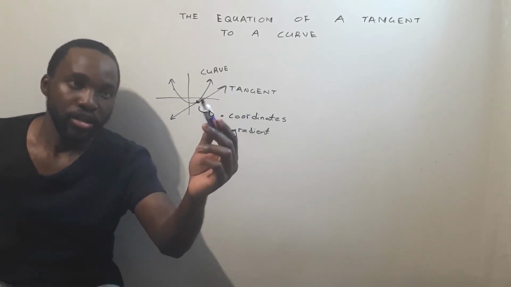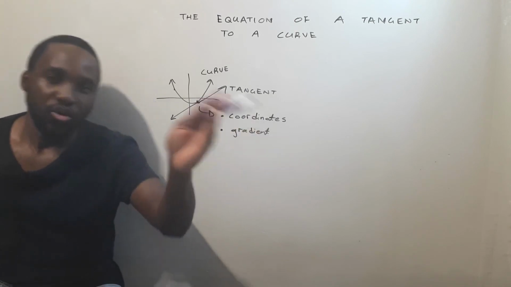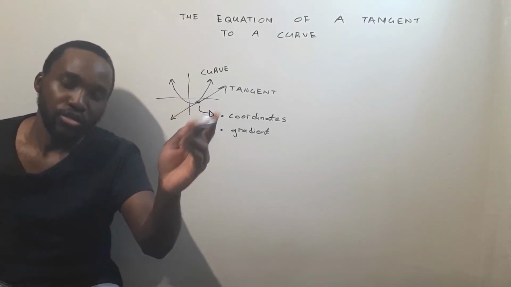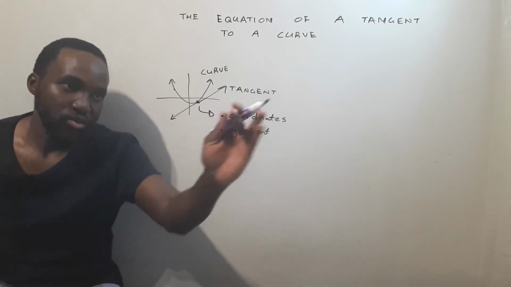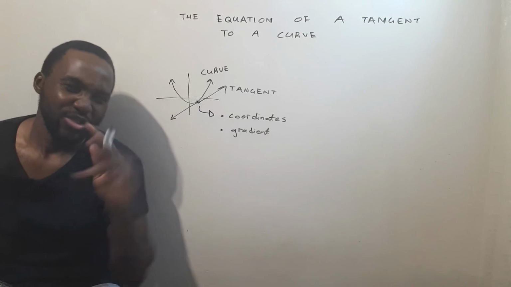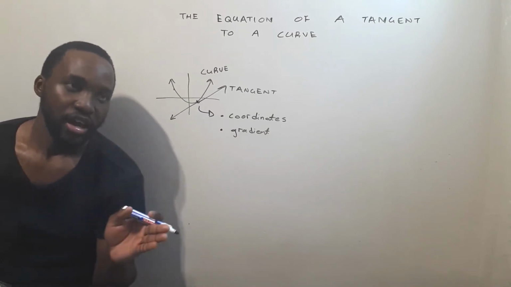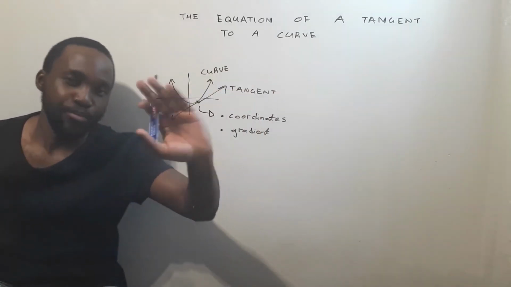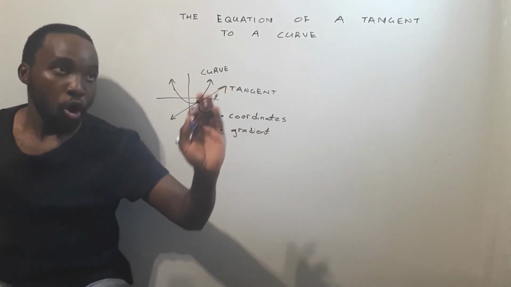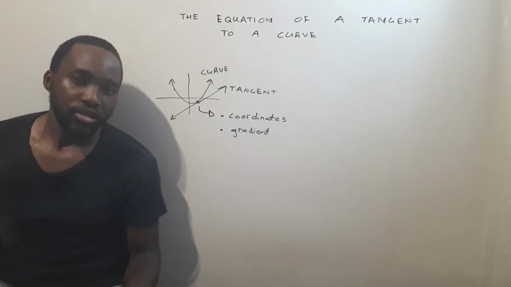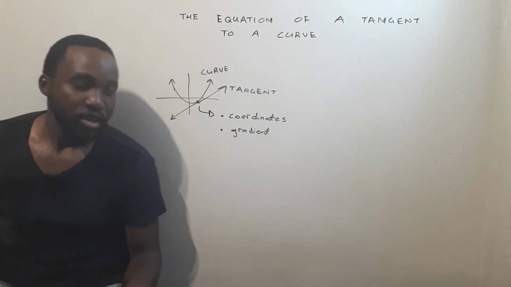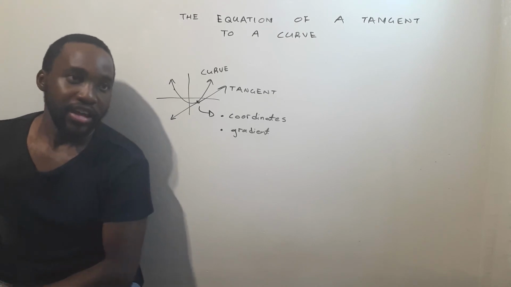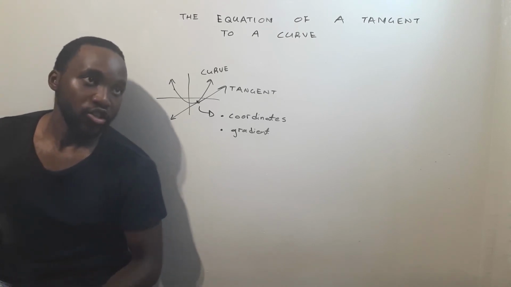So at this particular point, if we know the gradient of the tangent, we will automatically know the gradient of the curve. If we know the gradient of the curve at that particular point, we will automatically know the gradient of the tangent. Vice versa with coordinates. If we're given the coordinate there, we just need to keep in mind it's the same coordinate for our tangent and it's the same coordinate for our curve. So this is very important for us to be able to understand how to get an equation of a tangent to a curve. So this scenario, the way it's been laid out, we need to keep in mind one key thing, right? And that is, if we're ever going to be asked to get the equation of a curve,